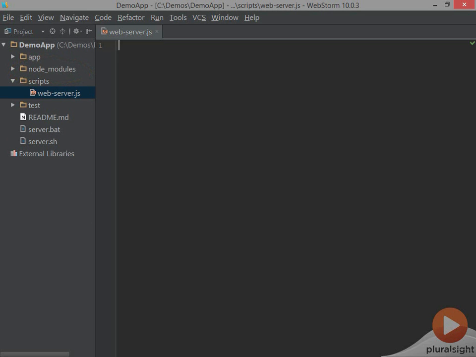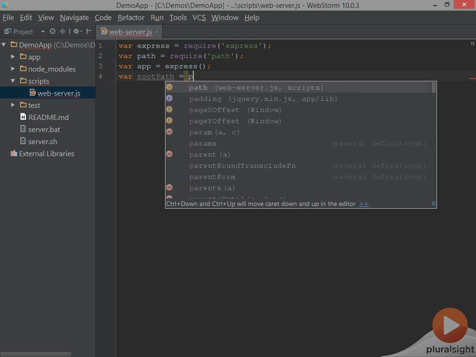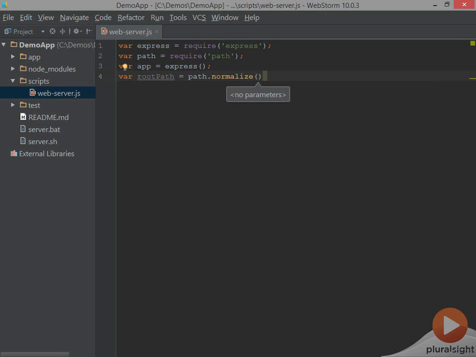The first line of code I'll write is to bring in the Express library itself. This require call grabs the Express library and makes it available for me inside of this file. I'm also going to grab the path library. Next, I'll create the Express application by calling the Express function. I'm also going to create a root path variable by calling path.normalize, and then pass into that